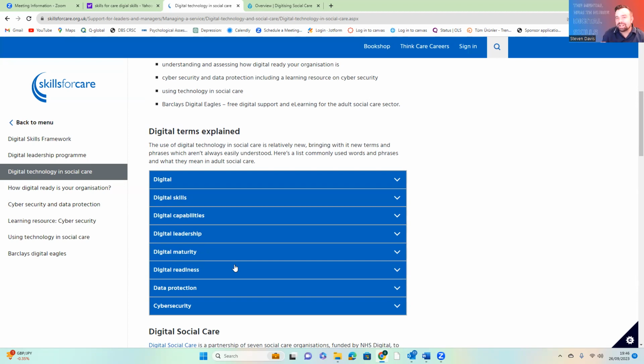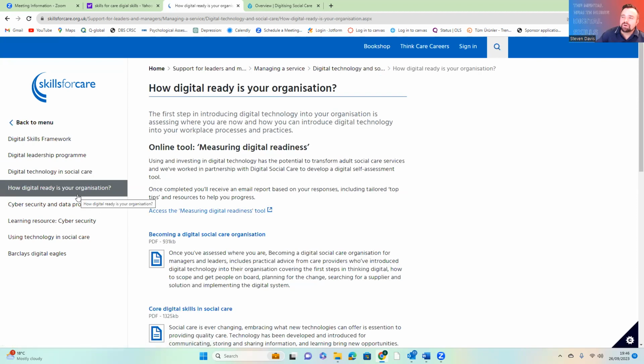And just to give you an idea of the growth of digital skills, in the last 6 months alone, ChatGPT has now got over 100 million users. So that's how quick it's advancing. The reality is, we might as well jump on the bandwagon and see what we can do to really help manage that. So going back to Skills for Care, on here, it's got some tools about how digital